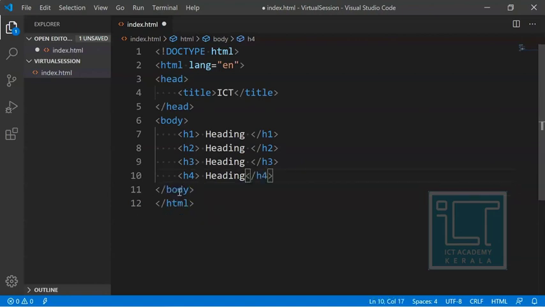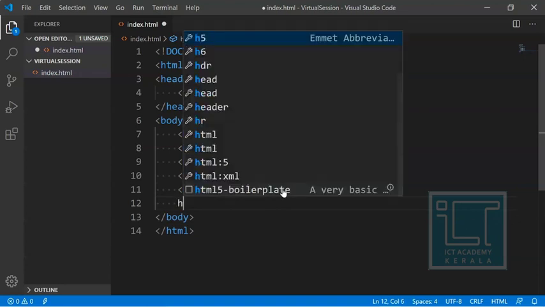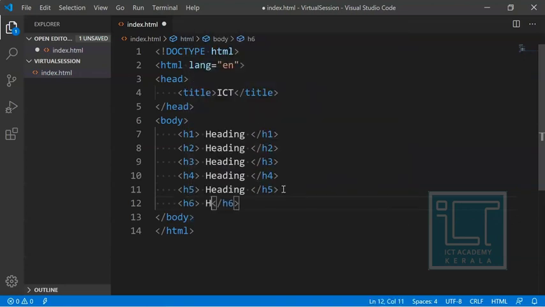One of the main things to follow while coding is indentation. Indentation means giving proper spacing and everything. It will not show any error, but it is the proper way so that our code looks nice and neat. That is what I follow while coding, because a good coder will always have proper indentation. So these are different types of headings. H7 is not available. Only H1 to H6 is available inside HTML5.